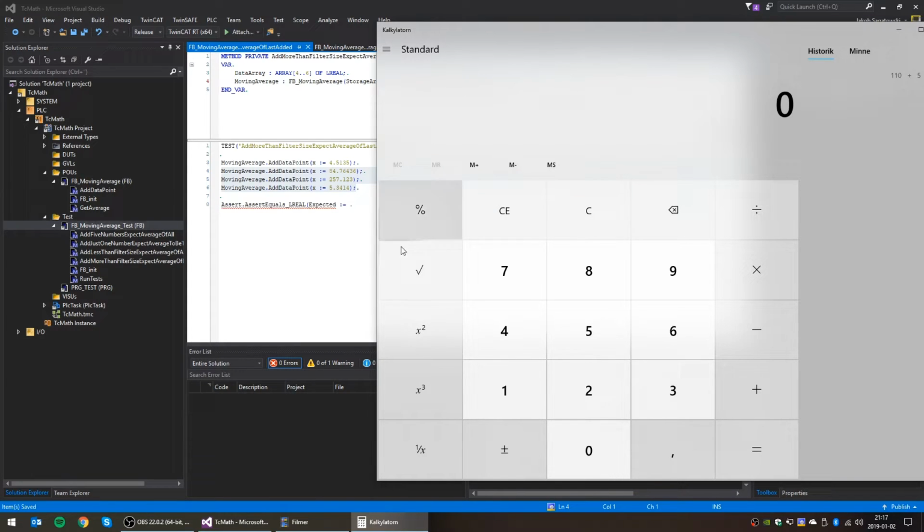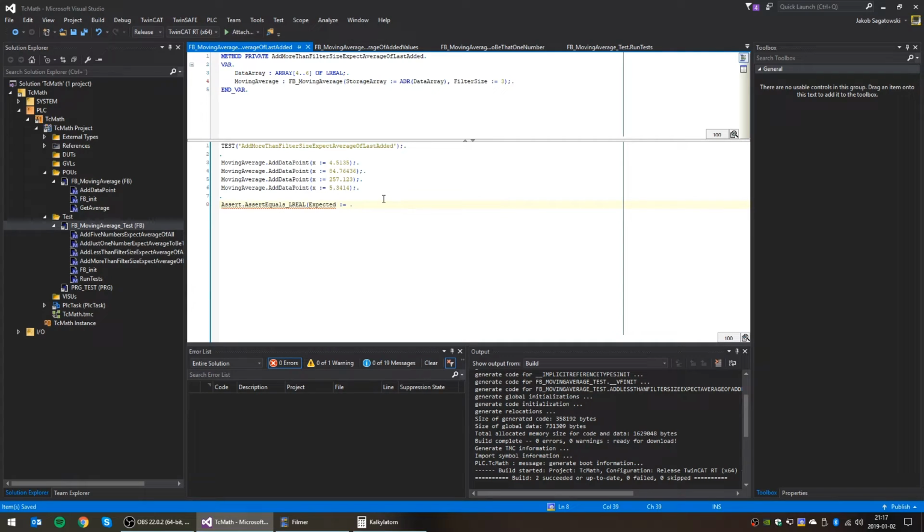Yeah, we were just gonna take these 3. 84.76436 plus 257.123 plus 5.3414, right? And divided by 3. Let's see if I can copy. Okay, so the expected value is that,